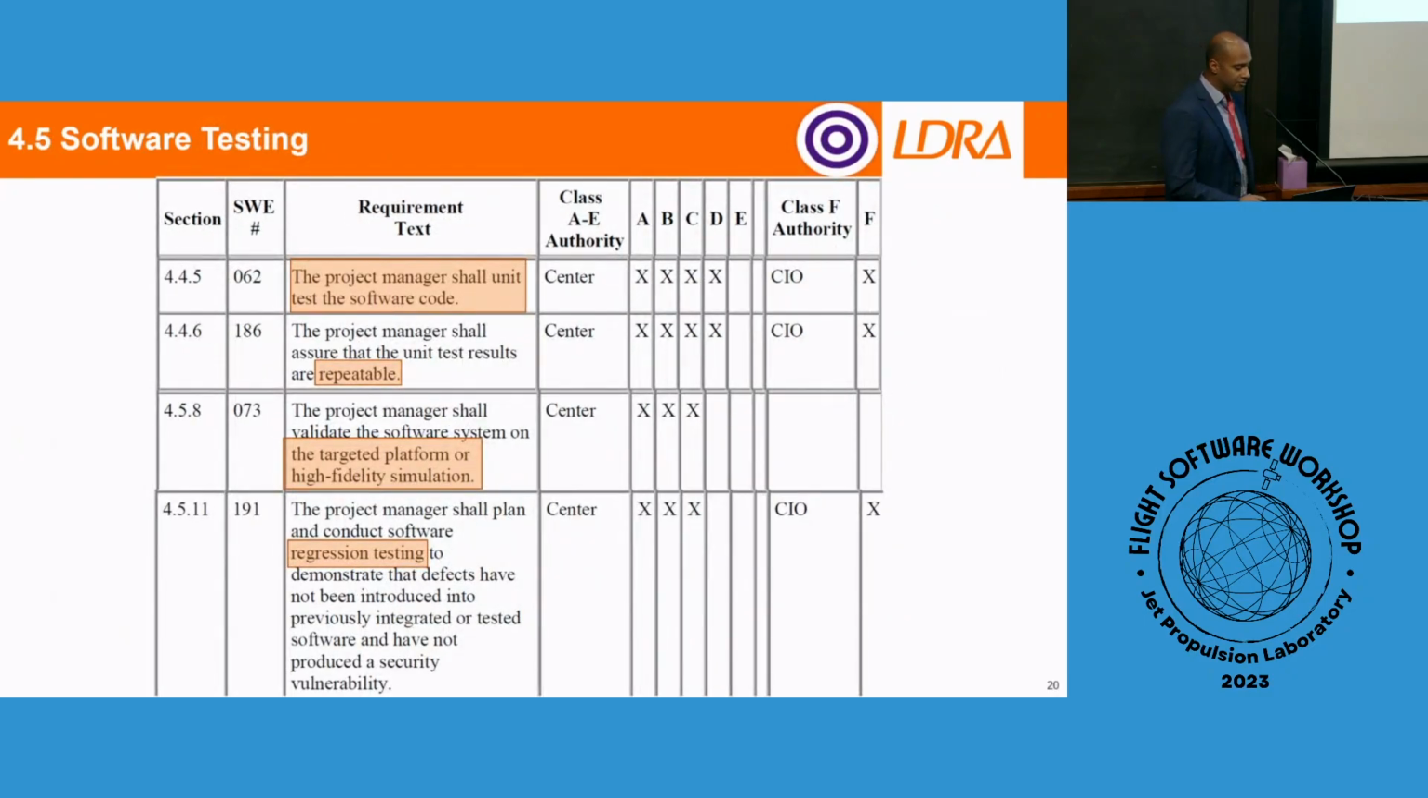Again, following the V diagram, but I also think I'm going to just highlight again that number at the top. That's where you find this piece in the actual standard, the 4.5. Unit testing, making sure you have ways to make your tests repeatable. And this is another interesting one that was called out in this standard that I haven't seen in other standards,